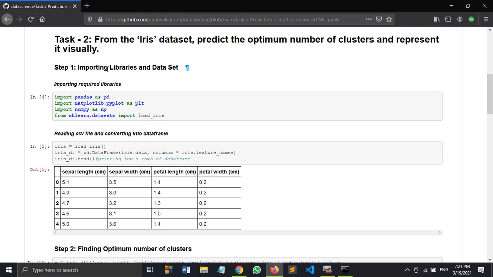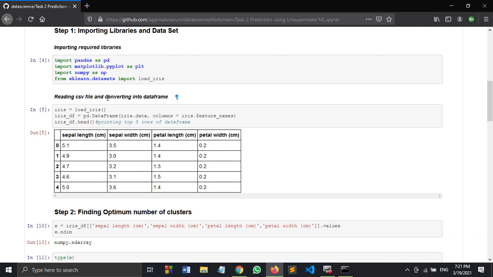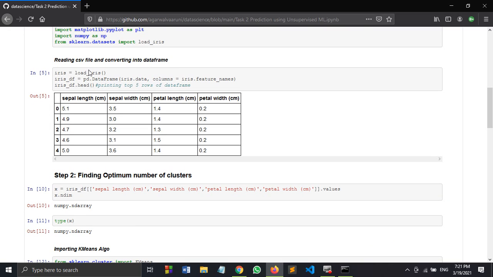From the code part, the first step is to import the required libraries and the dataset, because we know the IRIS dataset is built into our scikit-learn library. So I have imported all the required libraries and the dataset. After loading this dataset, I am converting it from its original form to a data frame. This is the code for the same. Then I am printing the first 5 rows to make sure that all the importing and the conversion has gone smoothly, with no error.